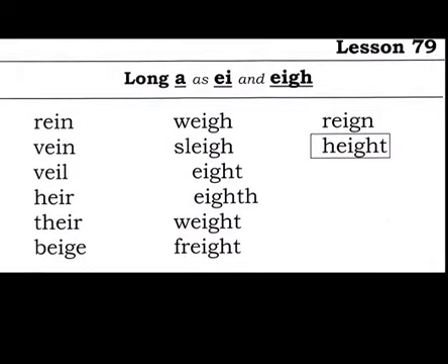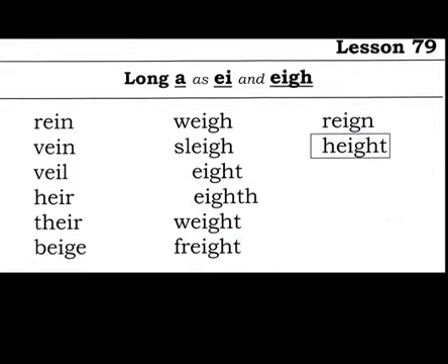Now in lesson 79, we find another way of spelling long A, E-I, as in such words as rein, like the reins that you use to control the behavior of a horse, R-E-I-N, vein, as the vein in your arm, V-E-I-N, and also we have another spelling form. You might call it an archaic spelling form, in which at one time the words were pronounced differently, but the spelling has come down to us as it is,